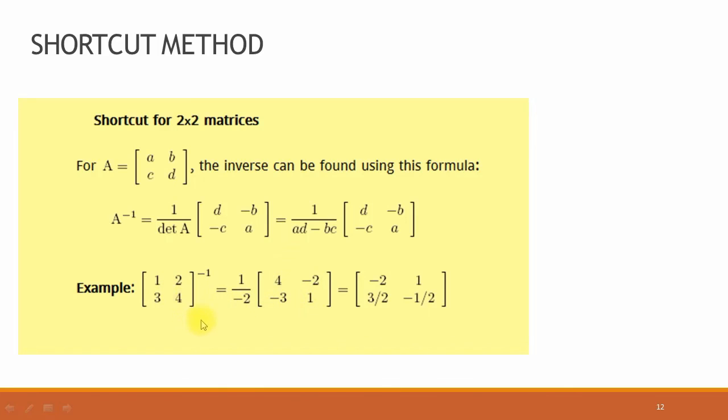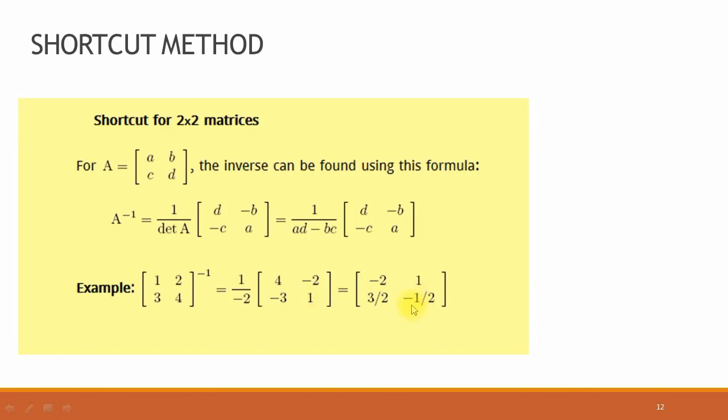Now inverse of the matrix is 1 over determinant of the matrix and adjoint of the matrix. Now multiply minus 1 over 2 to this matrix, we can find easily the inverse of the matrix, which is equal to minus 2. Multiplied minus 1 over 2 to 4, we get minus 2. Multiplied minus 1 over 2 to minus 2, we get 1. And multiplied minus 1 over 2 to minus 3, 3 by 2. And multiplied minus 1 over 2 to 1, we get minus 1 over 2.